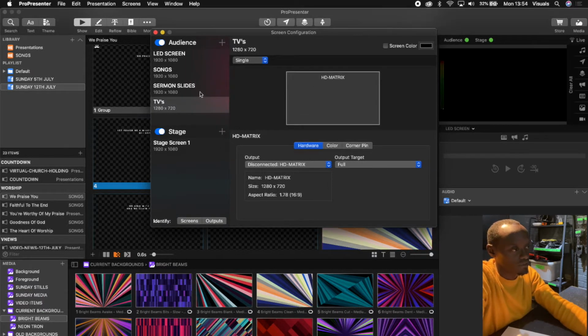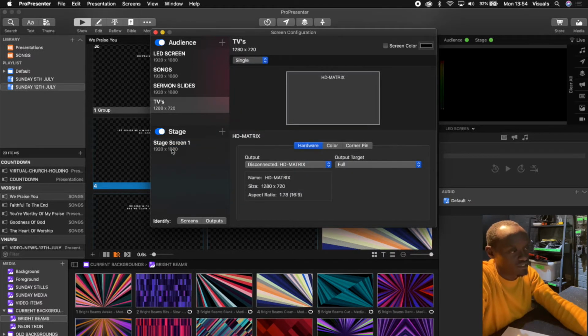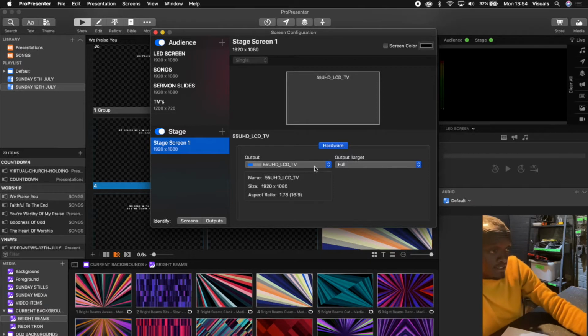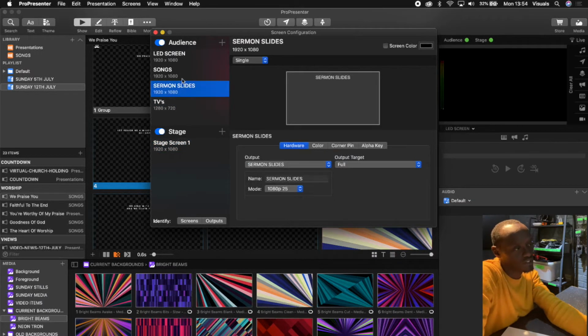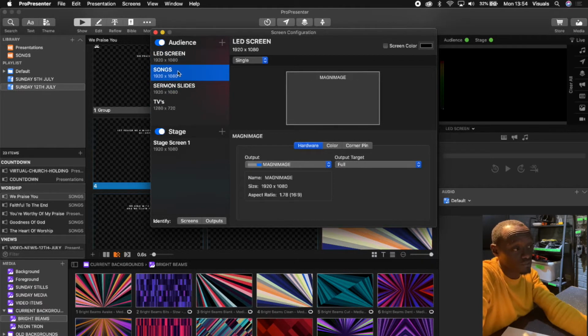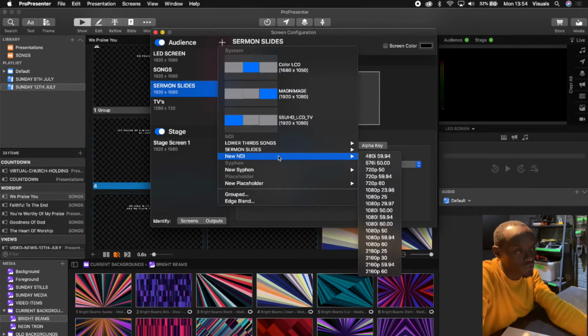So when that happens, you go in, add, and you'll see that screen has been added. But currently that is already set up as the stage screen, so that's our stage display. You can see it here already set up as the output. Now if you wanted to add another screen, I'm going to show you how to add a network screen, which is an NDI screen, which I was telling you about, network display. You go new NDI. At the moment we're using 1080p 25 refresh rate,